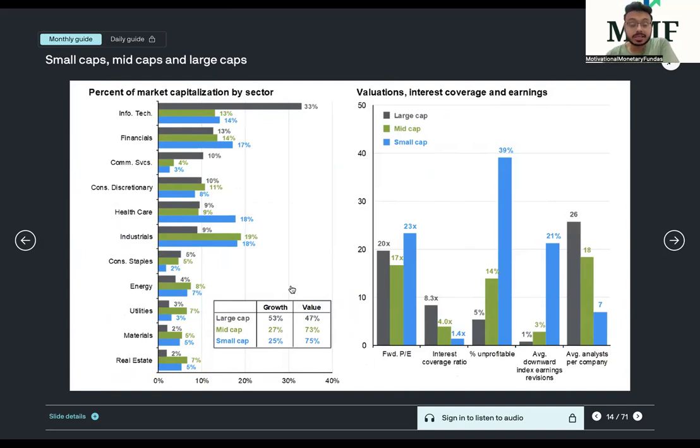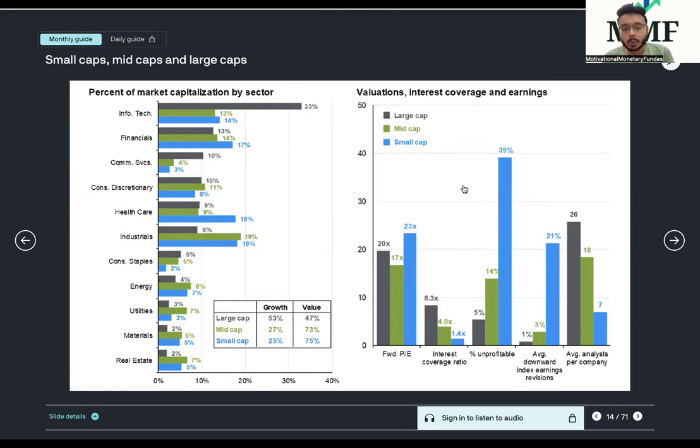Percentage breakdown. So here you see again a very important chart. The majority of the sectors you see, barring the tech sector, right? This gray or black is the large cap. This green is for the mid cap. The blue is for the small cap. Correct? Barring the infotech sector, the tech sector, which has most of the weightage in the large cap. All the other sectors, be it financials or communication services, have a bit more in the mid and small caps. Financials you can see is majorly in the small cap. You see consumer discretionary, healthcare, industrials, consumer staples, energy, the utilities, materials, and real estate. Much of it is encapsulated within the mid cap and the small cap spaces, right?